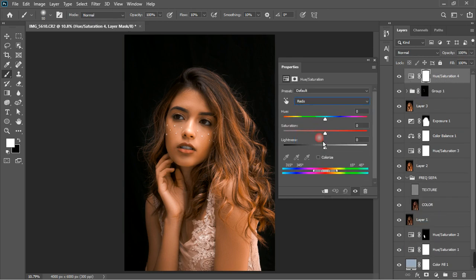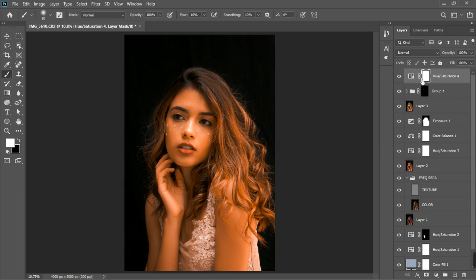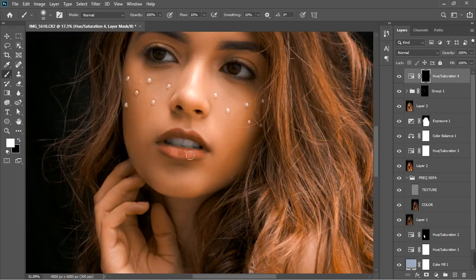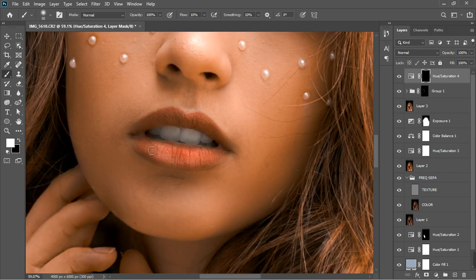select the red, and I'm going to increase the saturation of the red to somewhere like this, and I'm going to close it and invert it. Same thing with the brush tool. Let's zoom in, and I'm going to paint the lips red, increase the size of the brush. I'm just going to paint it red like this,